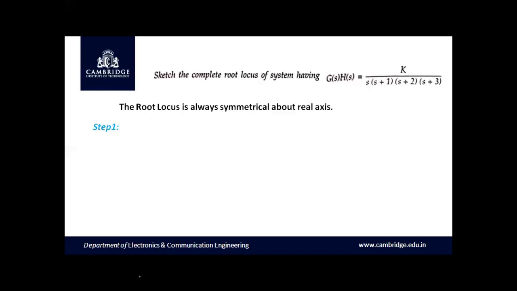Step number 1 is to get the general information about the number of poles, zeros and number of branches from the given G(s)H(s), that is, from the open loop transfer function that is given in the question. We have to calculate the number of open loop poles and number of open loop zeros as well as the number of branches. The number of zeros Z is equal to 0,